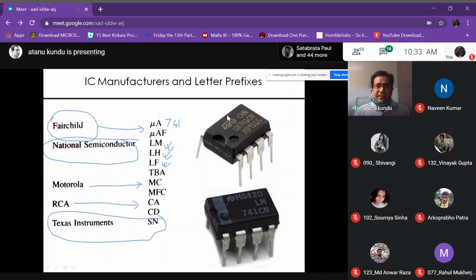Why am I telling you all these names? Because someday you'll be working in these companies. So this is an MUA 741. You can see that MUA. And this is LM 741. These are popular ICs we use in our laboratory experiments. For these ICs, -VEE is -15 volt, and +VCC is +15 volt. Is that clear?